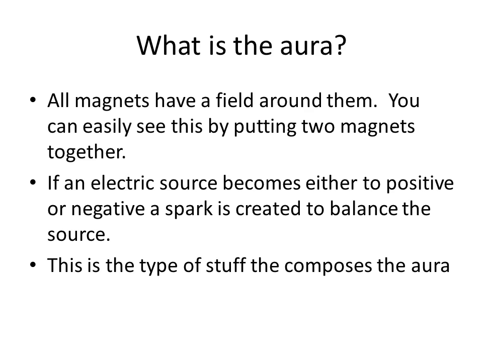What is the aura? All magnetic fields have an aura around them. Our bodies, acting like magnets, also have this field around them. You put two positive forces together or similar forces and they repel. You put two opposite forces together and they attract. Also, bodies can create sparks when they get too much of a charge and you touch something to ground them. This is the basic stuff that composes the aura, or at least the physical side of the aura is composed of these.